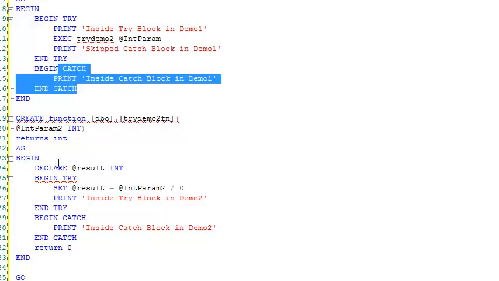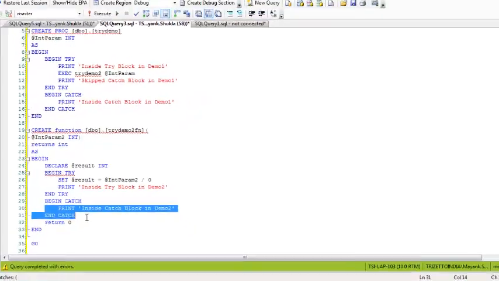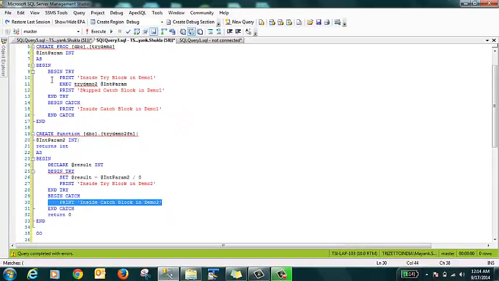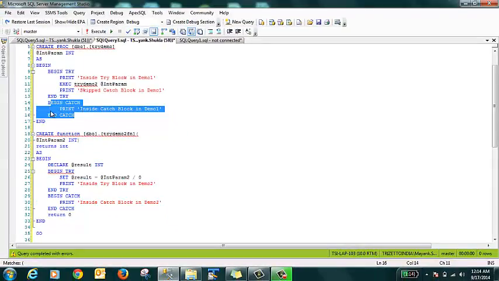Why? Because this function would have caught it inside here, so it would have never come to the catch block of here. So in a way, the catch block of this procedure would have turned meaningless, right? Because I'm catching this within the function. So the scope of this begin try and begin catch outside this function is of no use.